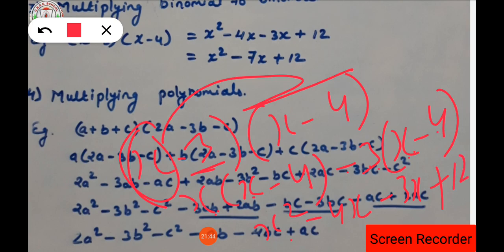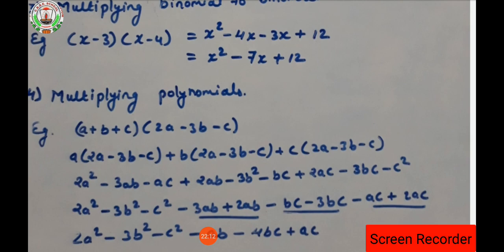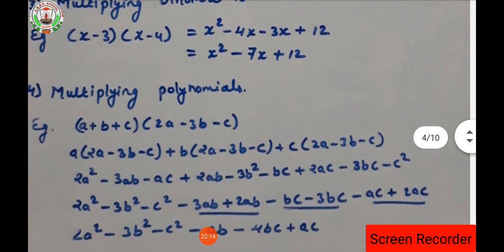Okay, so x square as it is. Then here minus 4x minus 3x will become how much? Minus and minus will become plus, so 4 plus 3 is how much? That is 7. And the sign will be minus itself, as 4 is greater than 3, that's why. The number which is greater, its sign will come in the answer. Then the last one is 12. So what is the answer we have here? x square minus 7x plus 12 will be the answer.